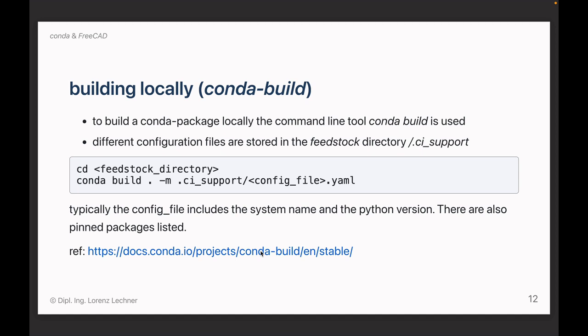So in the next step, you have the option to build packages via the Azure servers, as I showed before, via the feedstocks, but you also can do this locally on your computer. And to do this, you basically use conda build, which is also a command line tool, as it is listed in the middle of the slide. You change the directory to the feedstock directory, and then you can call conda build